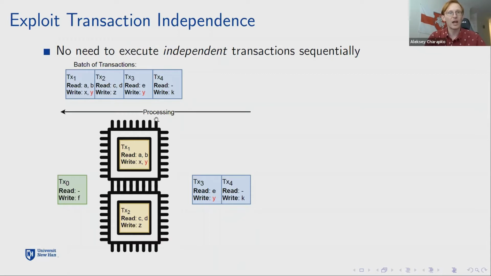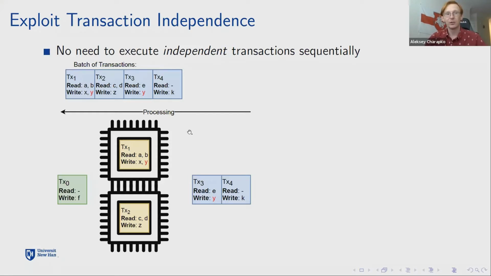So there is no overlap in what data these transactions need. So we can run them in parallel, right? Because it doesn't matter if one is executed before another, since they're not dependent. Now, in my example here, transaction 3 writes variable Y, which is the same variable that transaction 1 has written. So there is a dependency here, and even if we had more processing units, transaction 3 has to wait until transaction 1 has executed.